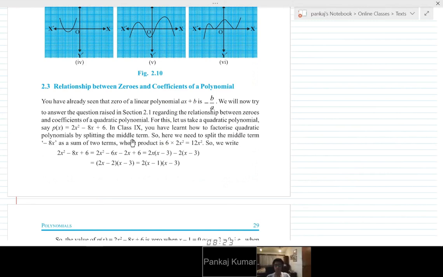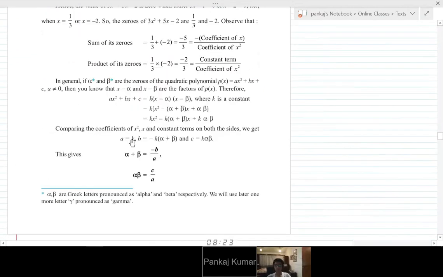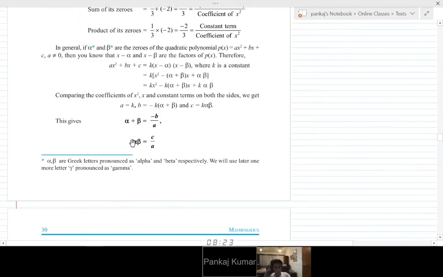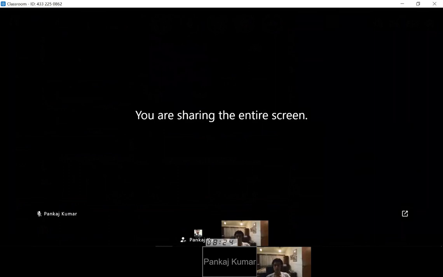Any doubt from today's class? What we discussed in today's class, we did some revision from the ninth class. Can you just quickly brush that up? The degree of a polynomial is the highest power of the polynomial. Remember one thing, when we define anything, we can't use the same word for defining. We should have a separate word. This would help you.